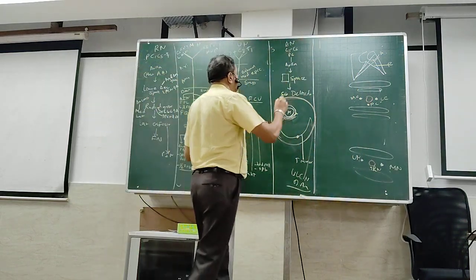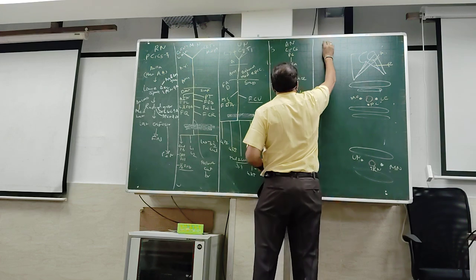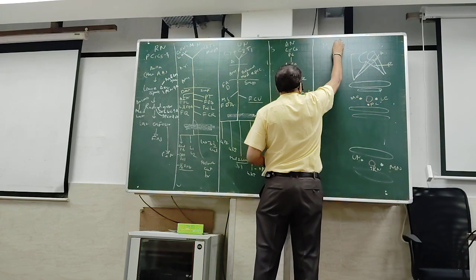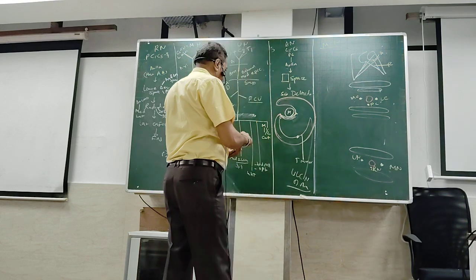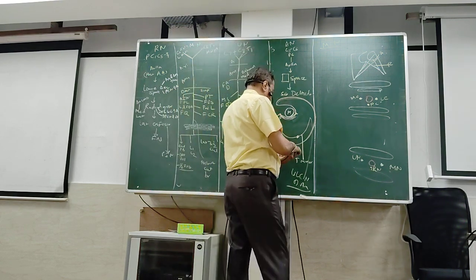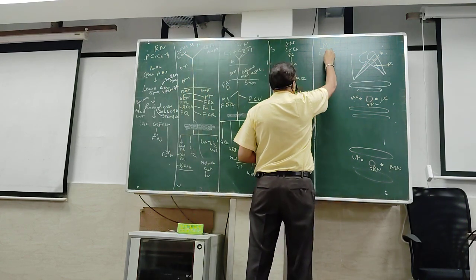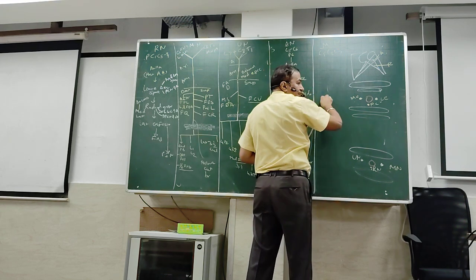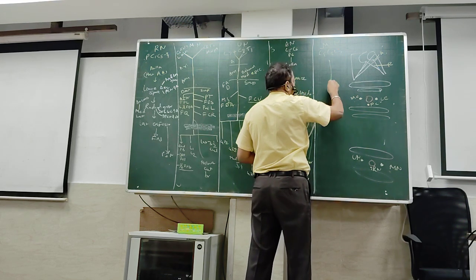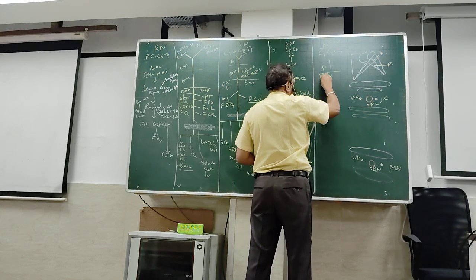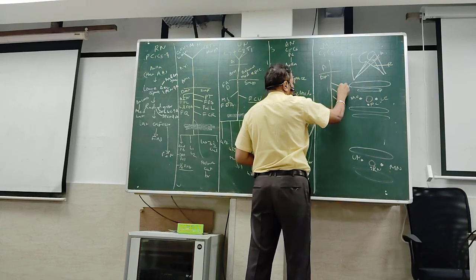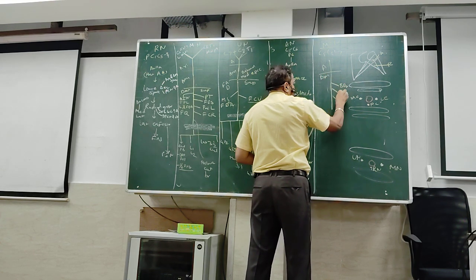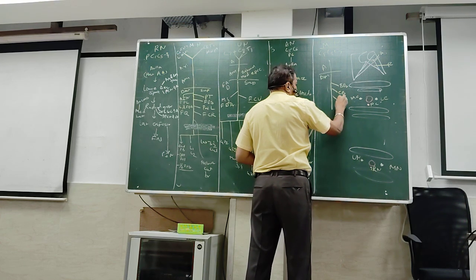The next is the musculocutaneous nerve. This musculocutaneous nerve is a branch of the lateral cord, so its root value is C5, C6 and C7. It passes from the axilla to the arm. Its main supply is in the arm. In the arm, it supplies three muscles: biceps brachii, coracobrachialis, and